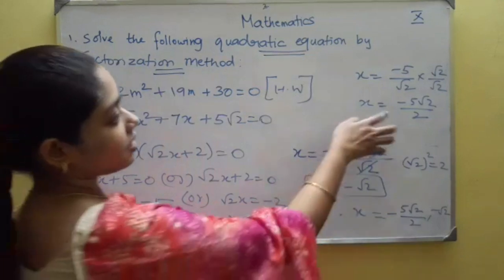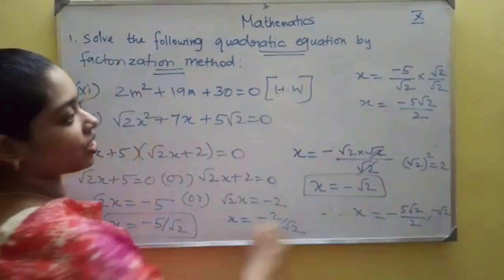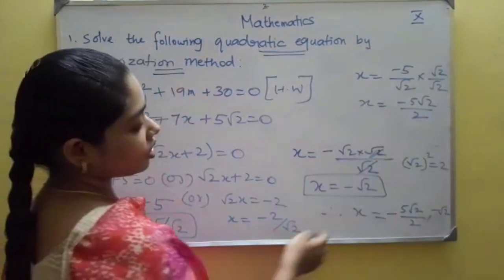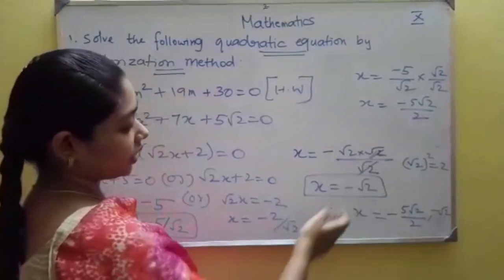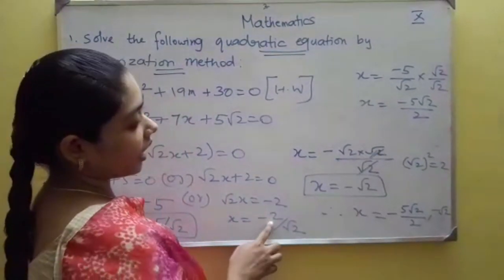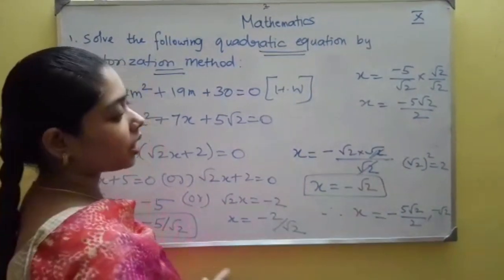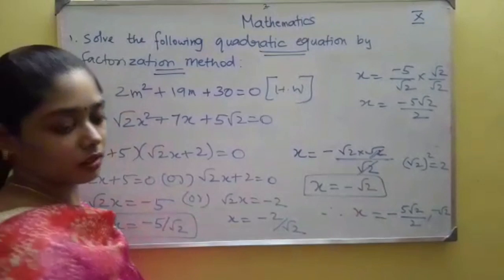This way of rationalizing the denominator you started to study from your 8th and 9th standard itself. So you can easily understand, whenever having an irrational number in the denominator, just rationalize it and write the answer. Whenever having root 2 here, you simply multiply and divide by root 2 and you will get the solution. Or else rewrite 2 as root 2 into root 2, you can cancel one root 2 from the numerator and denominator and conclude your solution.